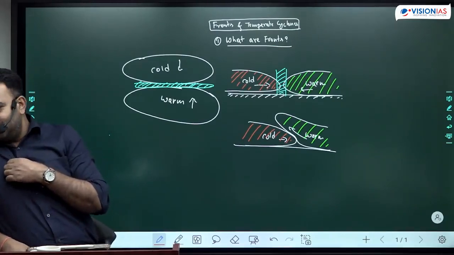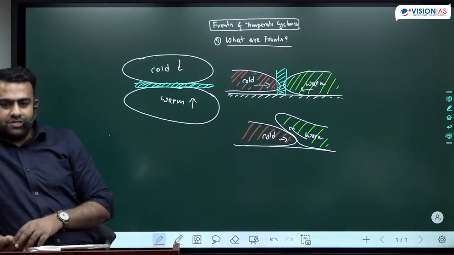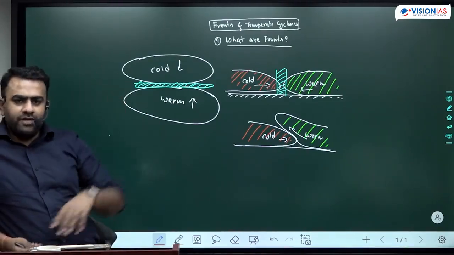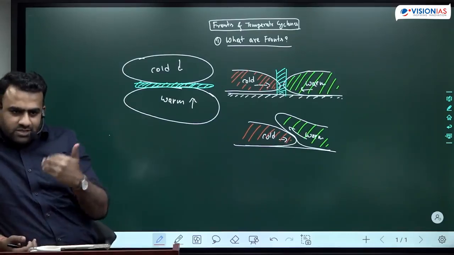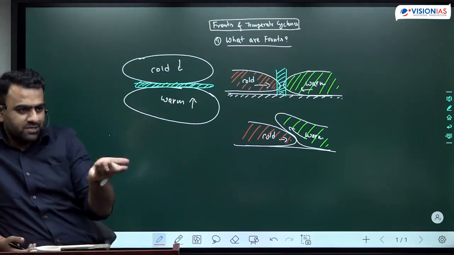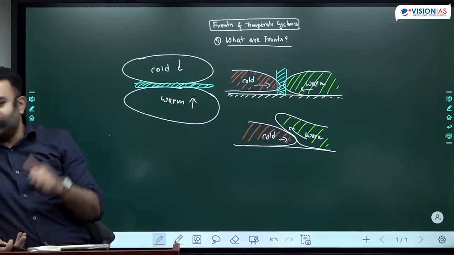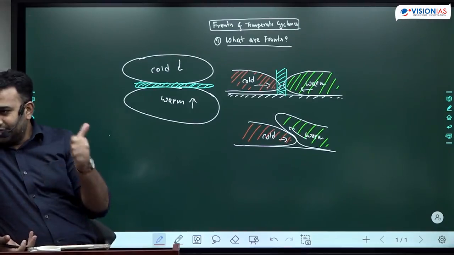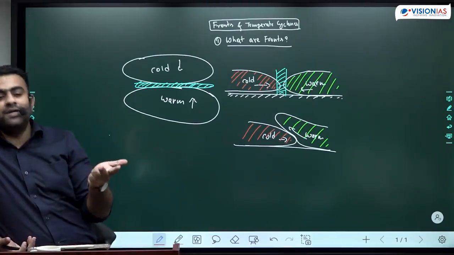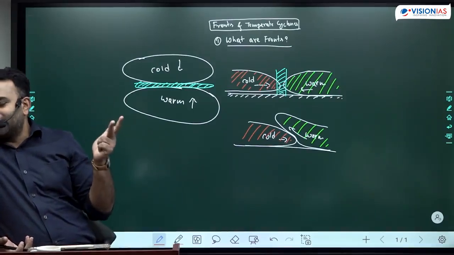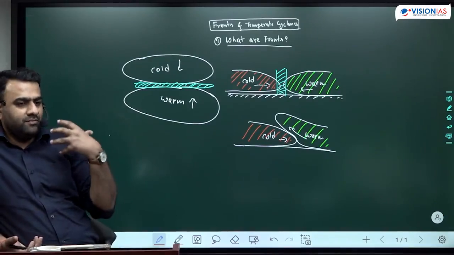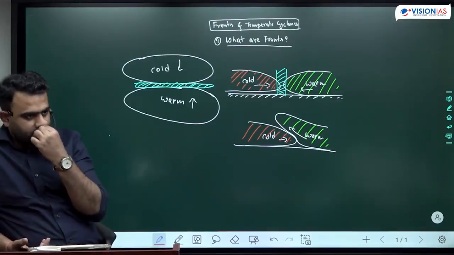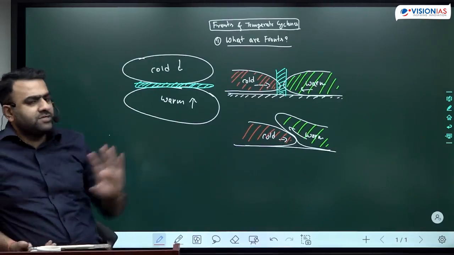As the fronts are formed, there is a change in the surrounding weather conditions. It may involve a rise in temperature or a fall in temperature. Both can happen. If the cold air mass is coming in this direction, the temperature drops. If the warm air mass is coming in this direction, the temperature rises. There is a change in the temperature, a change in the pressure condition. If temperature changes, pressure also changes. There are changes in the wind speed, condensation, cloud formation, rainfall, all these changes are happening. This is what happens during frontogenesis.